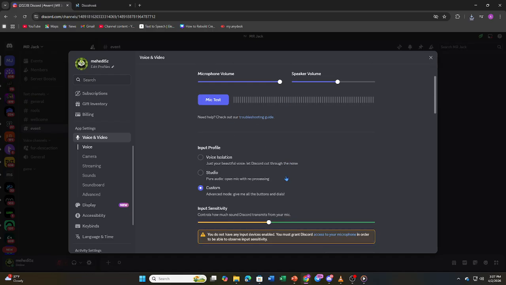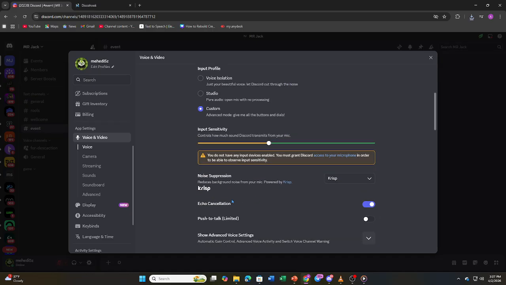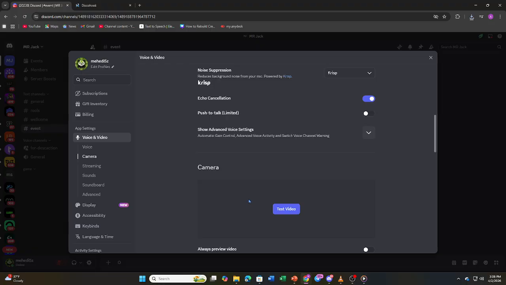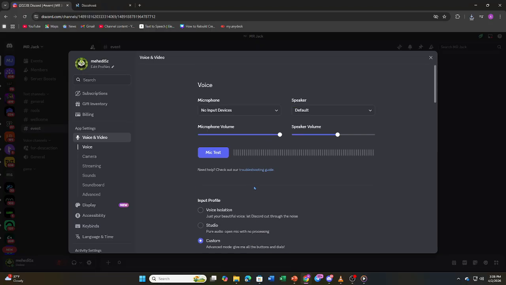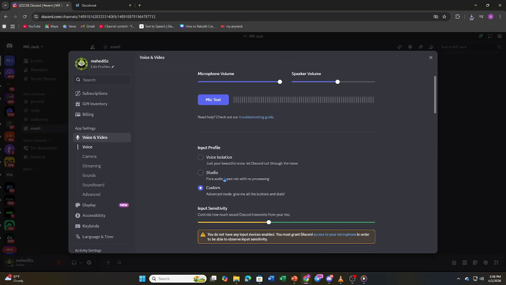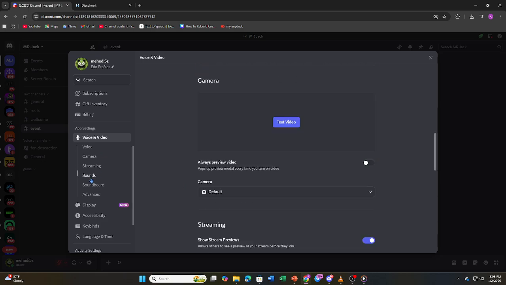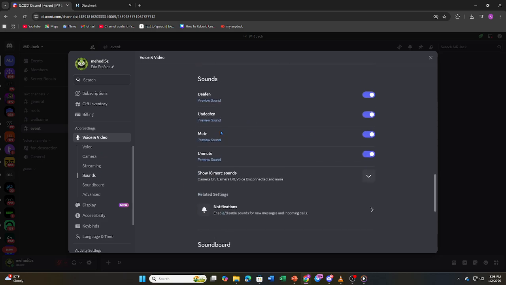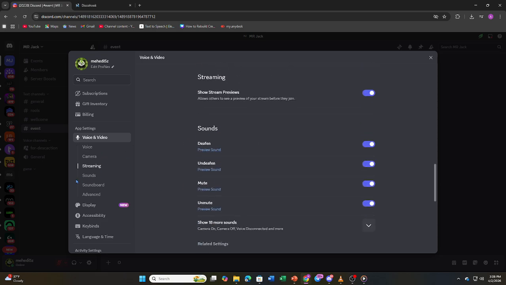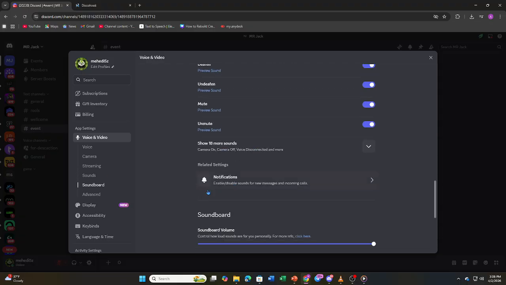Next, enable noise suppression. Discord has built-in options like Krisp or AI noise reduction, which remove background sounds like keyboard clicks, fans, or chatter. After that, check the input sensitivity. Either let Discord automatically adjust it or manually fine-tune it so your voice is heard clearly without cutting out during